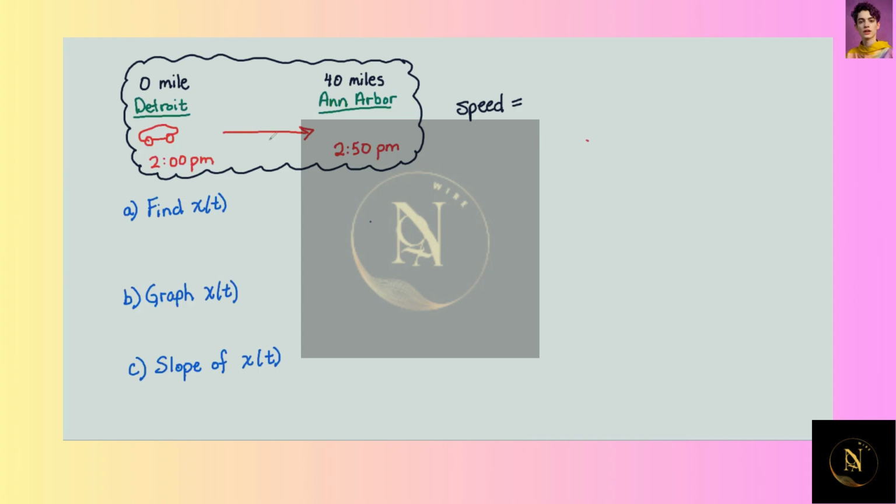All right, here we have Jason going from Detroit through Ann Arbor. It takes him 40 miles to get from Detroit to Ann Arbor, and it takes him, as you can see, from 2 o'clock to 2:50, so 50 minutes. So before we answer the questions in this problem, let's go ahead and find the speed